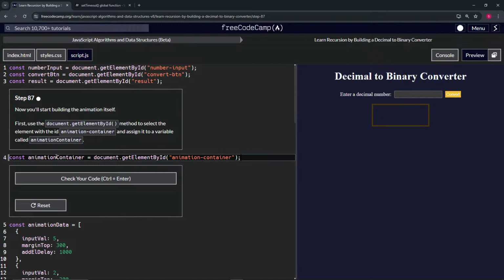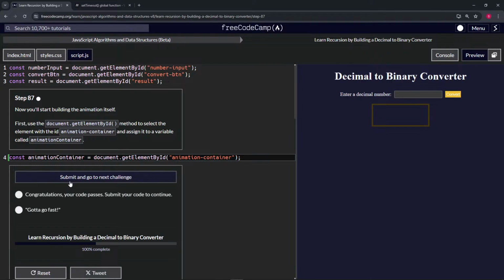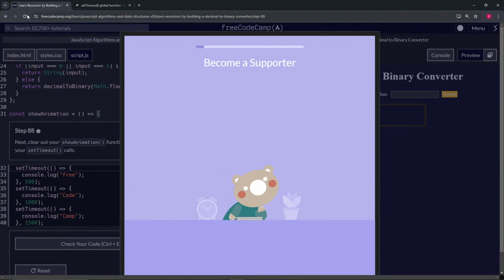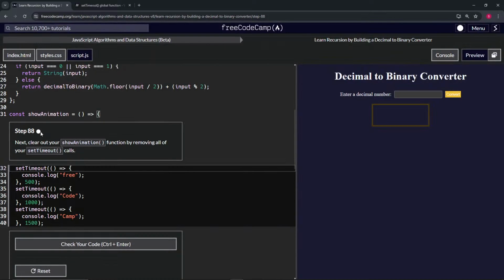All right. Let's cap that off with a semicolon. Check the code. Looks good. And submit it. All right. Now we're on to step 88. All right. Give me a second. Okay. So next we're going to clear out our showAnimation function by removing all of our setTimeout